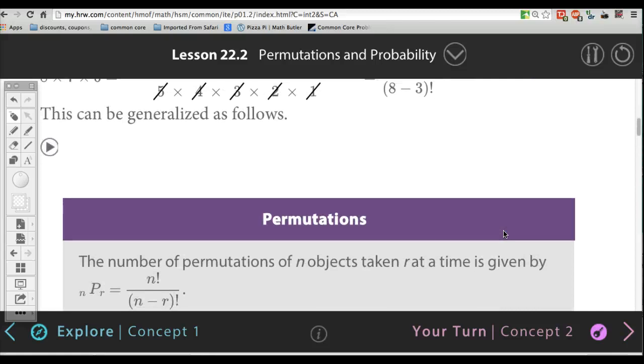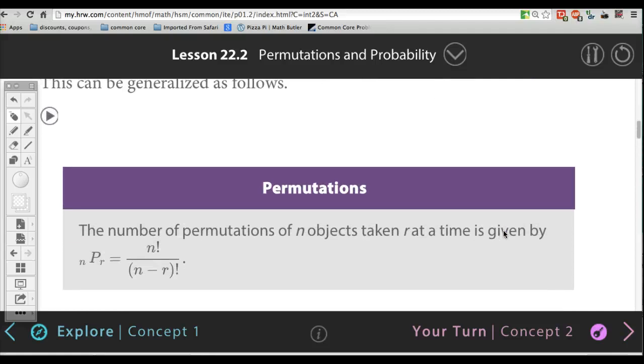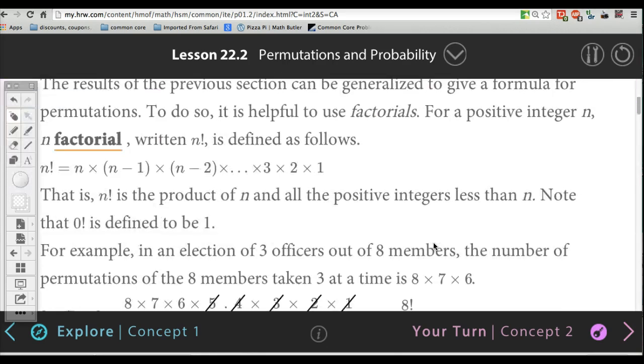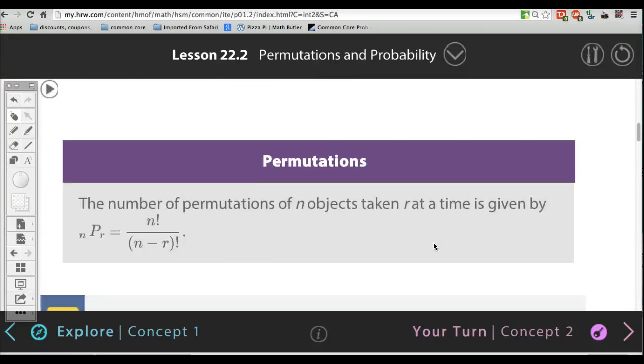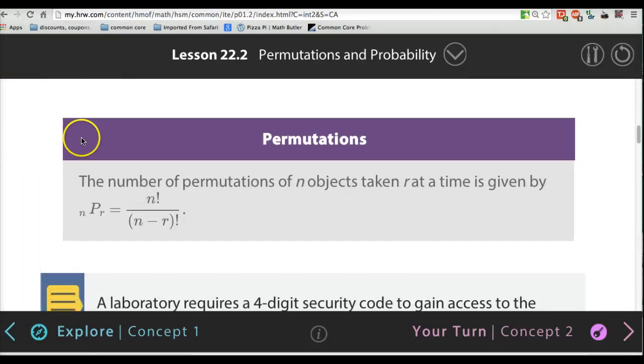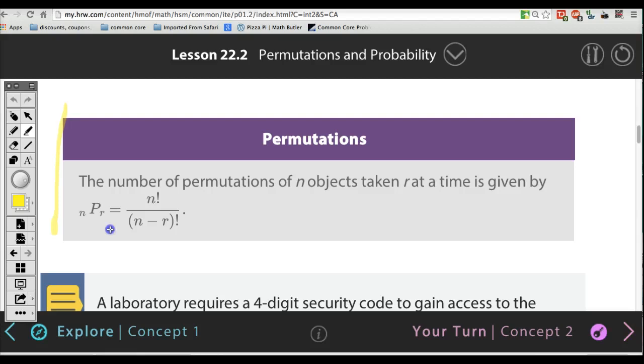This is where they talk about the probability, okay? So permutations are the number of permutations of n objects taken r at a time is given by. And so this is something that you actually do have to write down, okay? So we talked about factorial already. So please write this down, because this is the formula we need now,